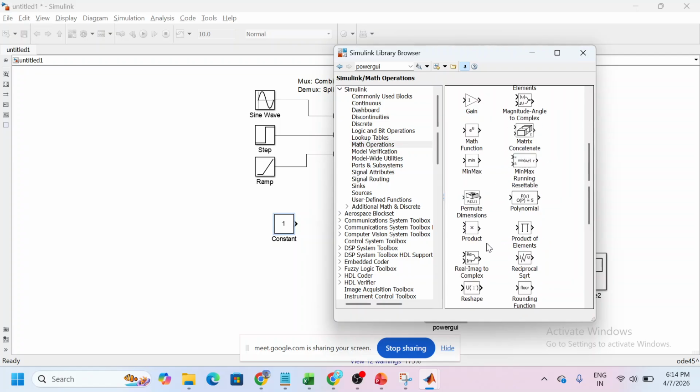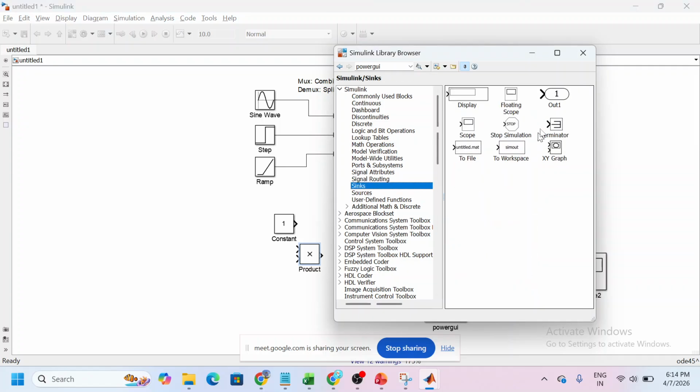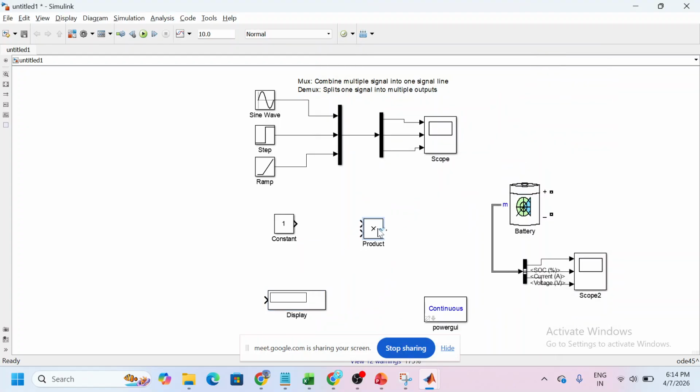So product, here it is a product. Then we need a display. Go to the things, take this display. We have two values, we need two values. One is current,